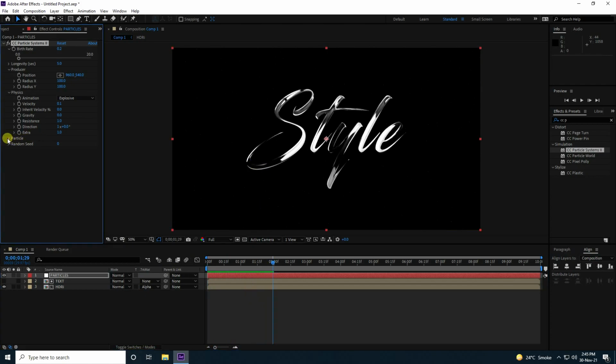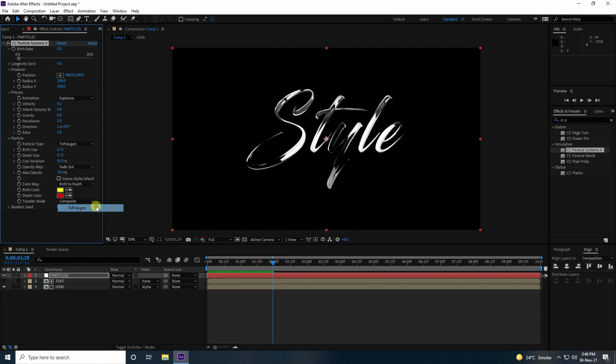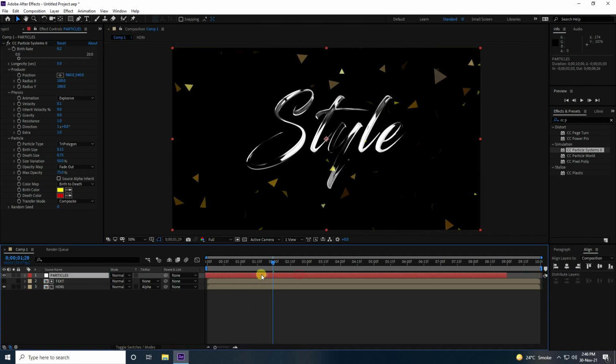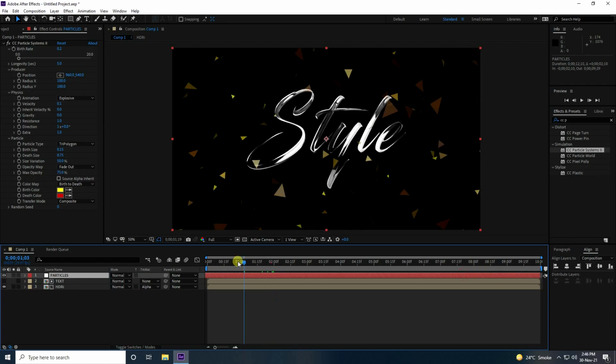Now I go to particle, and for particle type I use triangular, this one, tri polygon. It's beautiful. Shift the layer like this and increase the size, it's good.